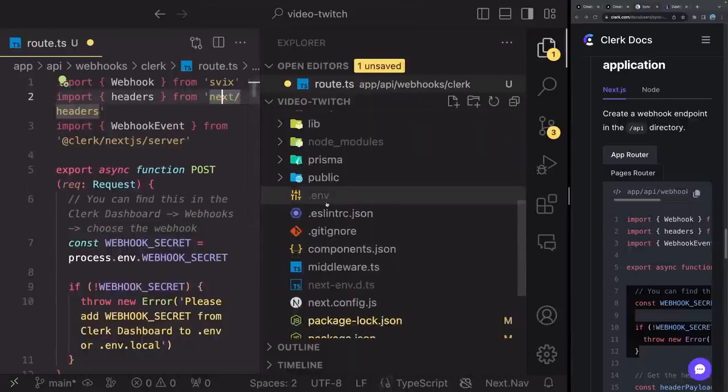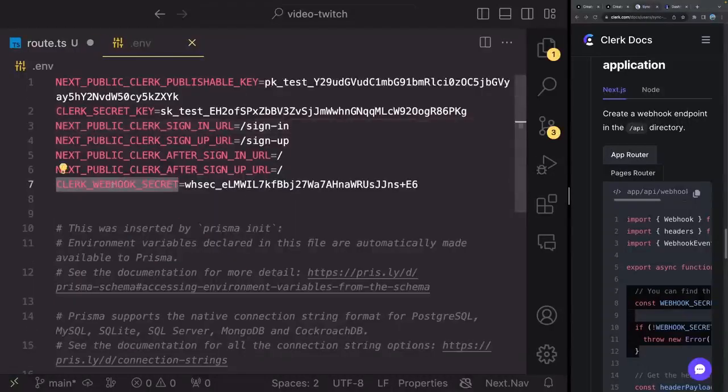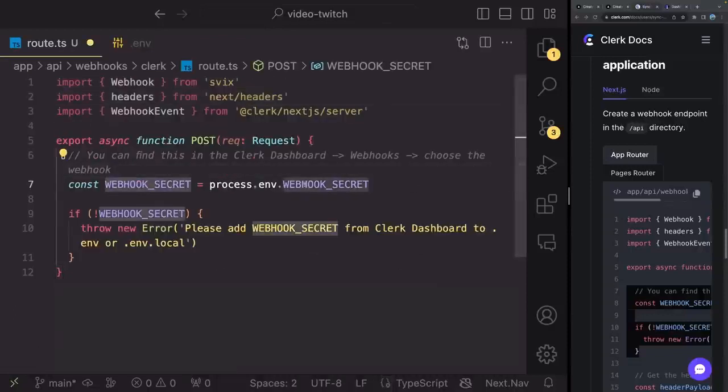But if you take a look at our .env, we have the Clerk webhook secret. So copy this from the .env file and then replace this. No need to replace this constant, just replace where the constant gets its information from, which is